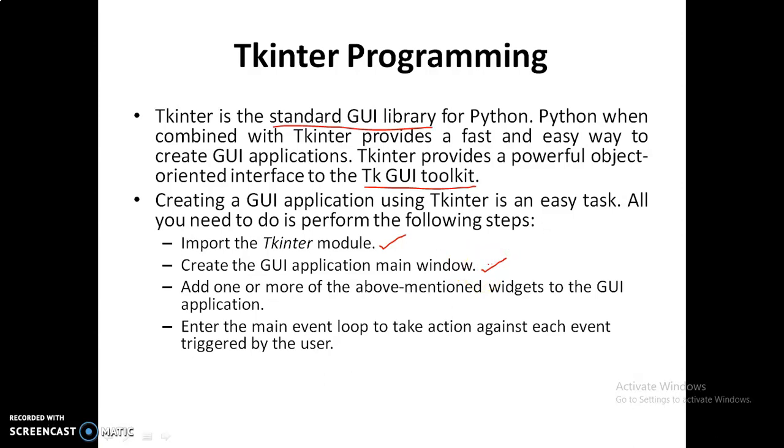For that, first we need to create a window. Whenever you want to develop a dialog box, first we create a blank window, and within this you can create your required text boxes, labels, and buttons. These all we can create within this. As many controls as we require, we can add to our window. This is our main window, and within that we can create the required controls.